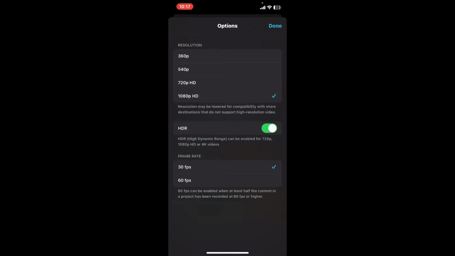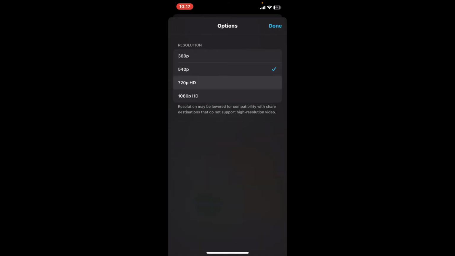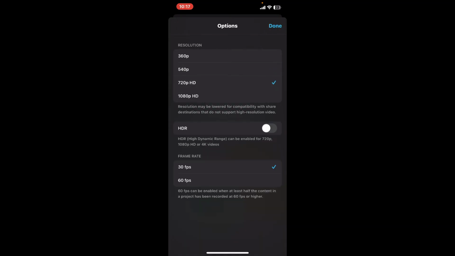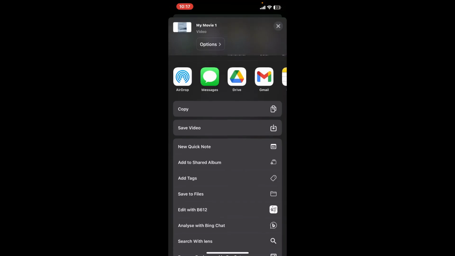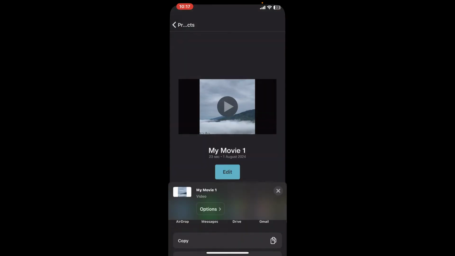In the options, go ahead and reduce the resolution and quality to significantly decrease file size. You can go ahead and choose the lowest resolution, and after you are done, click on Done at the top right. Now, go ahead and tap on Save Video, and you will then be able to reduce file size with